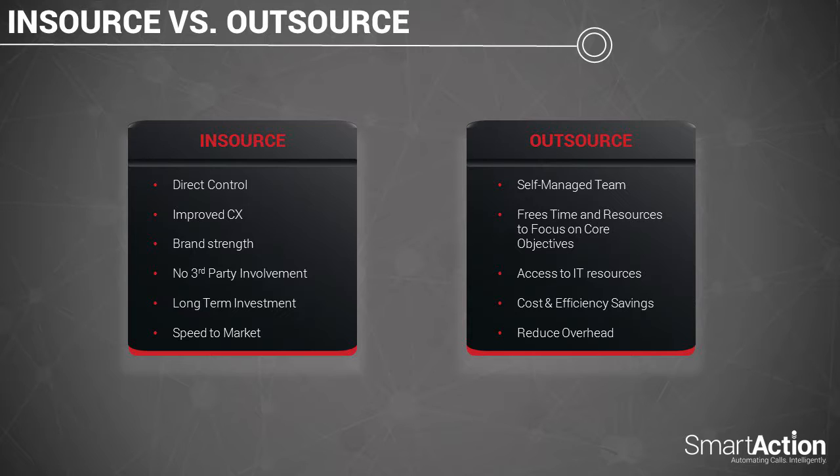As an example, just a story from my past life, I was in the wireless industry at one point and played an executive role. And we went through iterations depending on where the business was at any given time. At one point, we had on the block a consideration to outsource our retention queue. And while in the wireless industry a customer doesn't have to call you to leave you, they can just port their number, what we found, oddly enough, is that a lot of them still do for one reason or another. Even in the prepaid space where there's no contracts keeping them, they would call. And so we made the decision at that point in time to keep that in our own four walls,